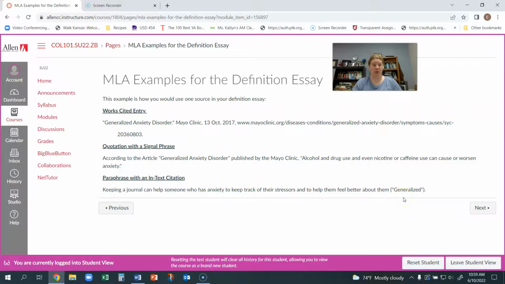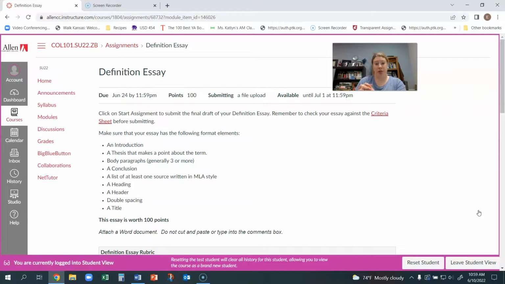Once you start working with multiple sources, that's where students start to get confused. So just keep in mind the requirements for the definition essay: one source and one reference to that source, and that's it. So you have one works cited entry with one source, and then either one quotation or one paraphrase. You can do both if you want. You can do as much as you want to. Some students have had a lot of experience using documentation and sources in their essays, and you're more than welcome to do more than the minimum, but you have to have the minimum. So that's the help there for your documentation requirements.